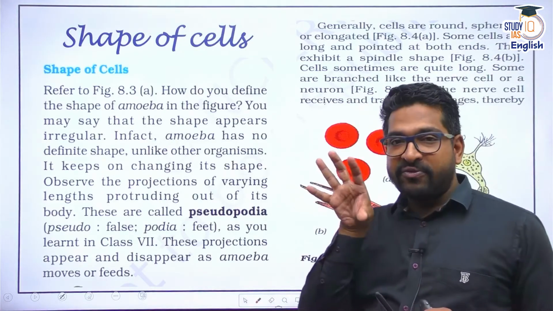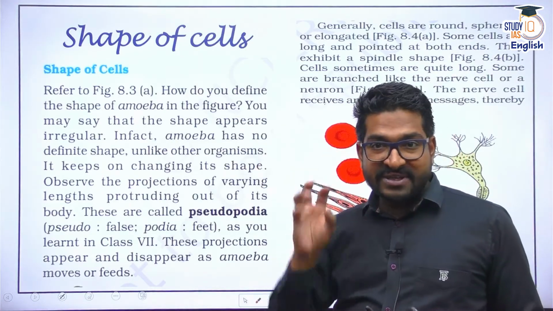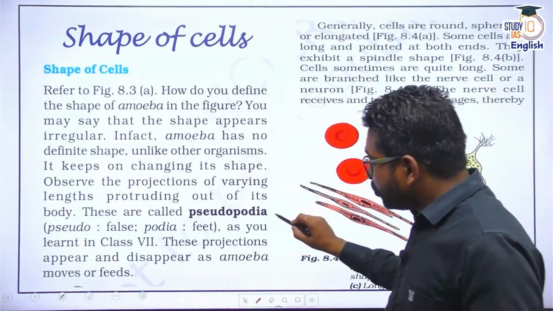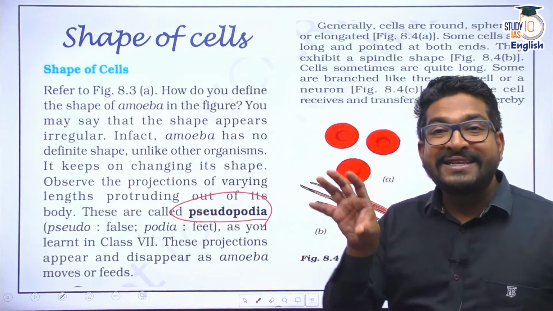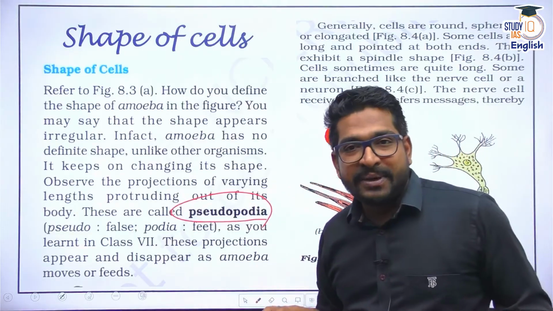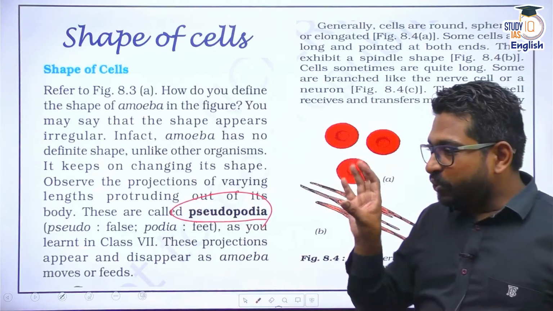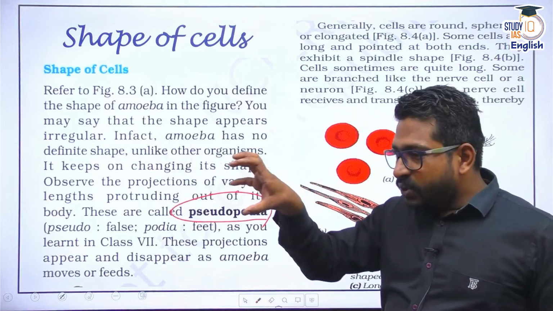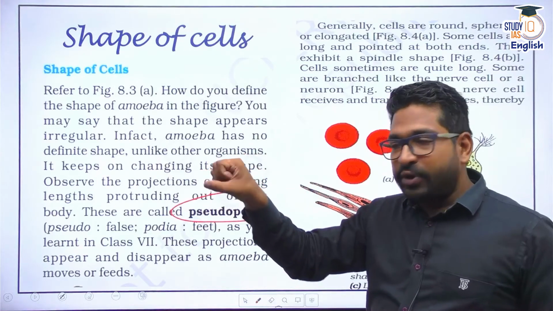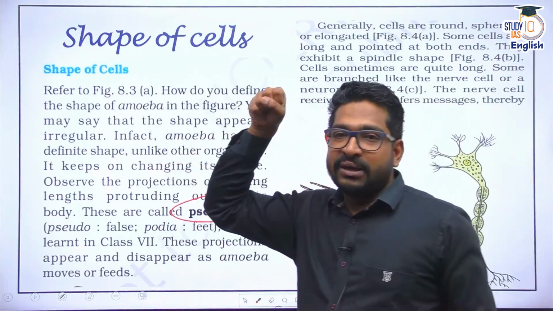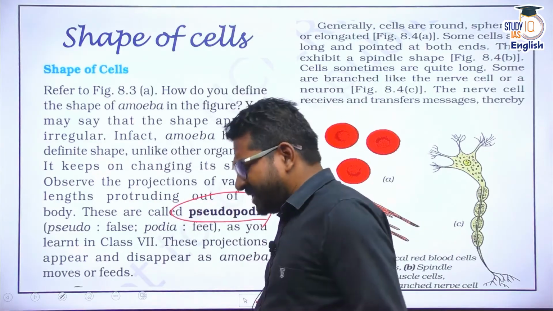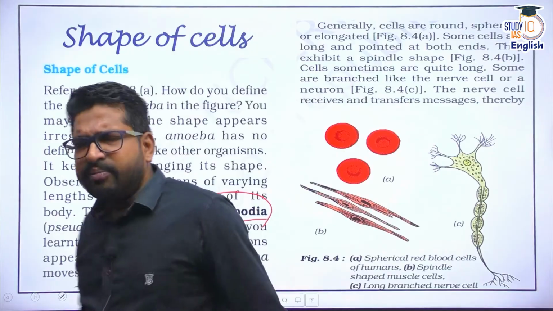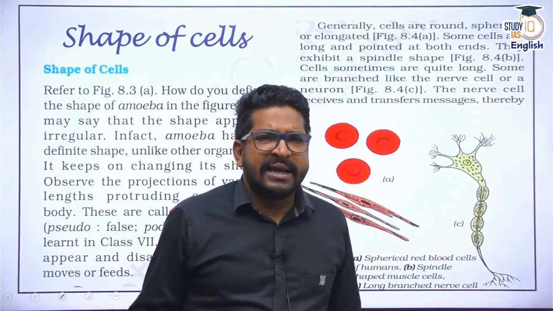Whenever it wants to have food, we spoke about that in our previous discussion also, we spoke about pseudopodia. You remember that? Pseudopodia are called the false legs of an amoeba. Whenever an amoeba is trying to eat, it will develop pseudopodia, and using those pseudopodia, it will engulf and digest whatever food it has. So amoeba does not have any shape, but in our body we find many cells that have definite shapes.